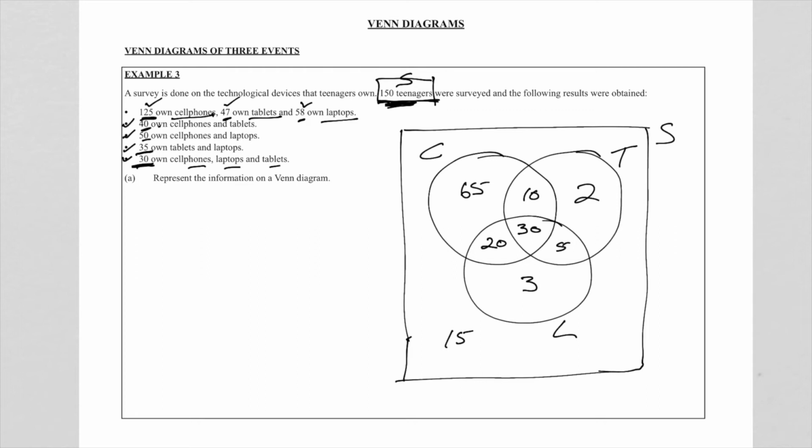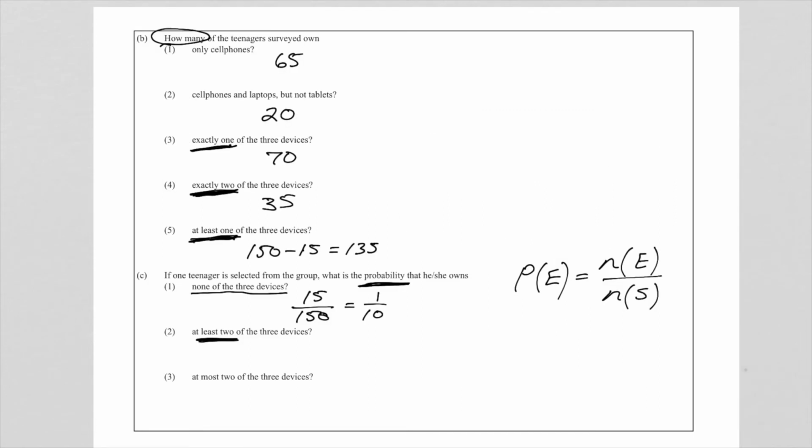Now, I hope you agree that this 10 owns 2 devices, 20 2 devices, 5 2 devices, 30 own 3 devices. Remember the question said a minimum of 2 devices. So that means we must add these numbers. The 10 plus the 30 is 40, and that is 60, and plus the 5 will give us the 65 we are looking for. So if we write that down, then what we have is the 65 over